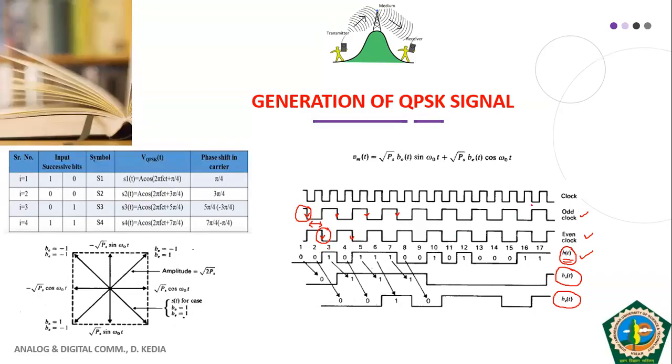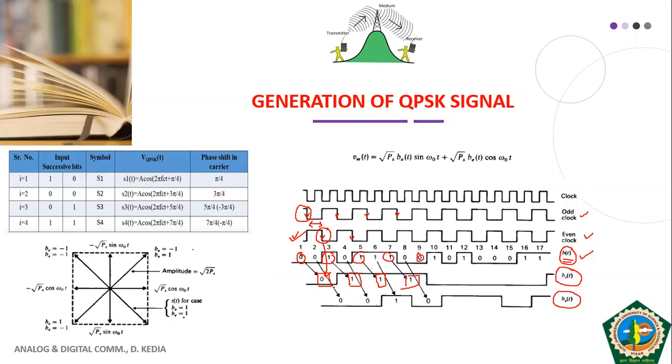So your odd flip-flop will extract this bit, then this bit, then this bit, which is nothing but the first bit, third bit, fifth bit, seventh bit, then ninth bit, like this. Then your even flip-flop will work at this point. So this is nothing but bit number 2, then we get bit number 4, then bit number 6, then bit number 8. It means your even flip-flop extracts the even numbered bits.